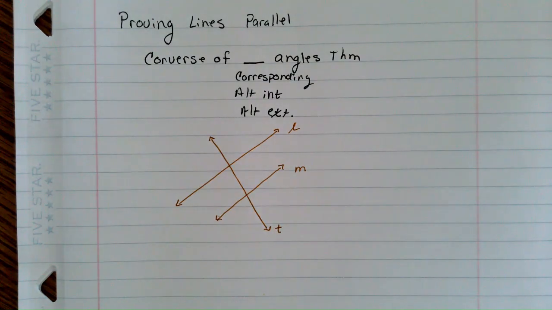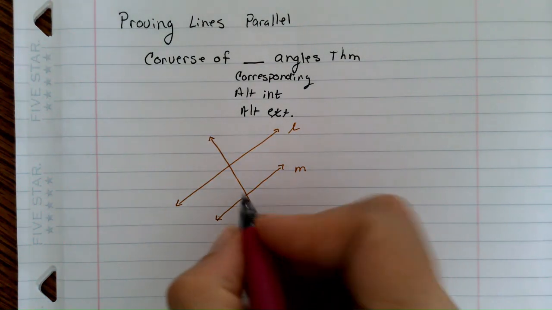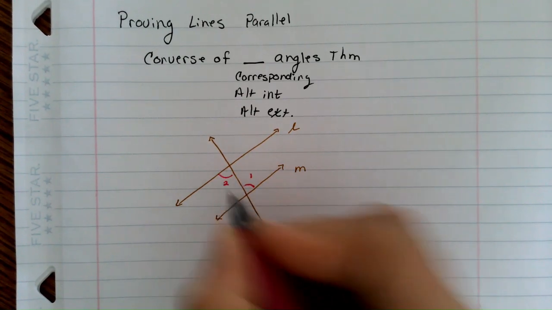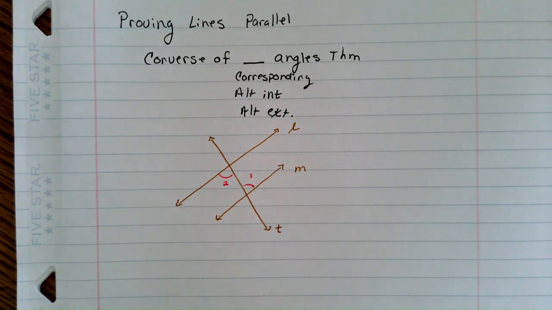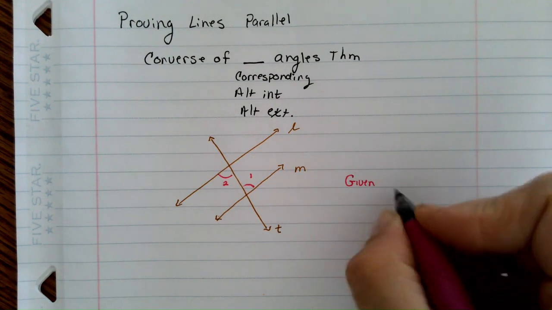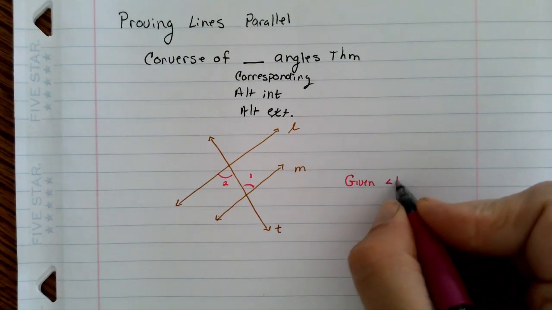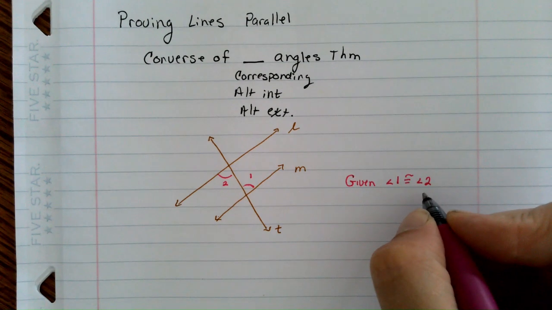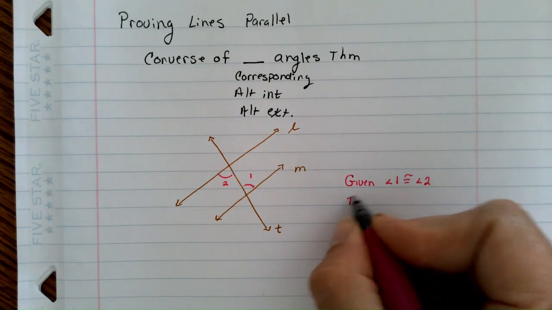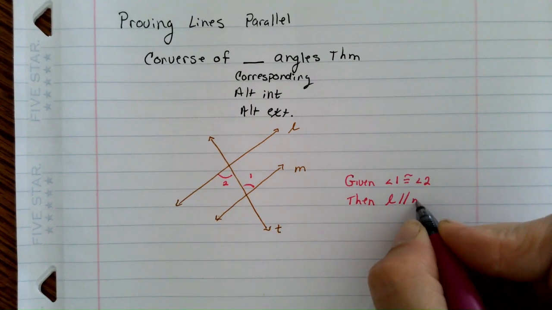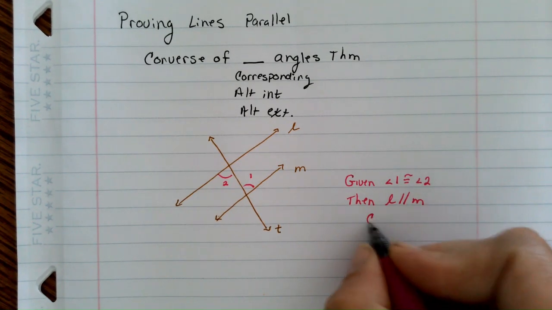And then I mark angle 1 and angle 2. Now, because I've marked them with one arc each, that's me saying they're congruent. So given that angle 1 is congruent to angle 2, then L must be parallel to M by the converse